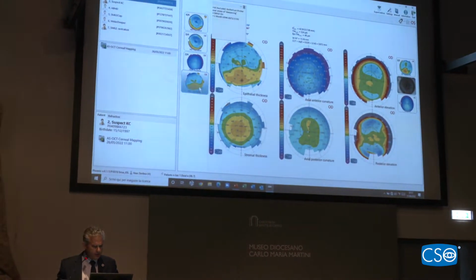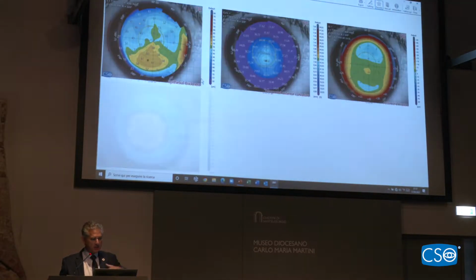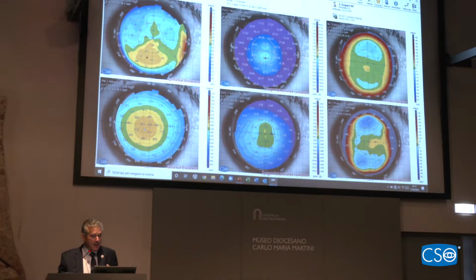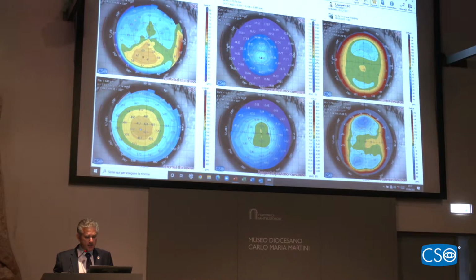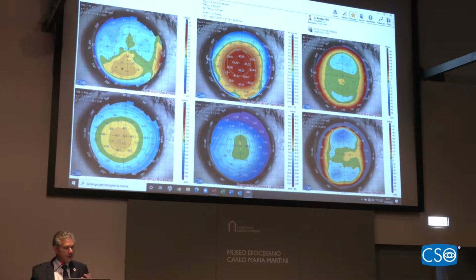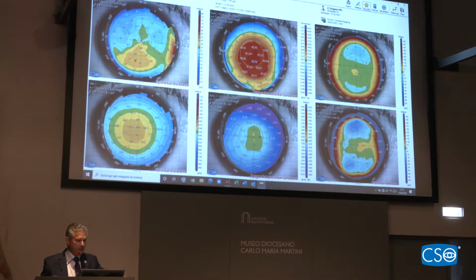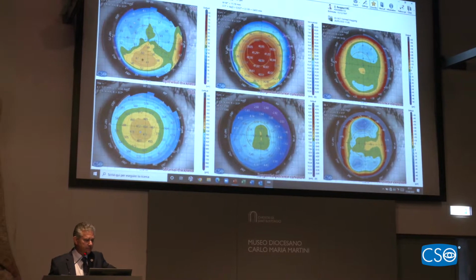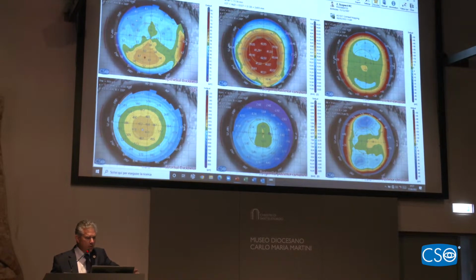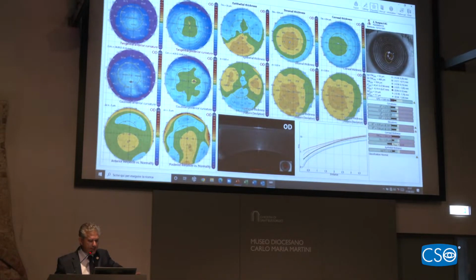What we've done is we've imported these from our clinic in London here, just so that you can see this is what I would be doing. Now, this case is interesting because there are central cones, and you have to be very careful about central cones because they can be easily missed. Now, in this case, if we go to the keratoconus display, we see that